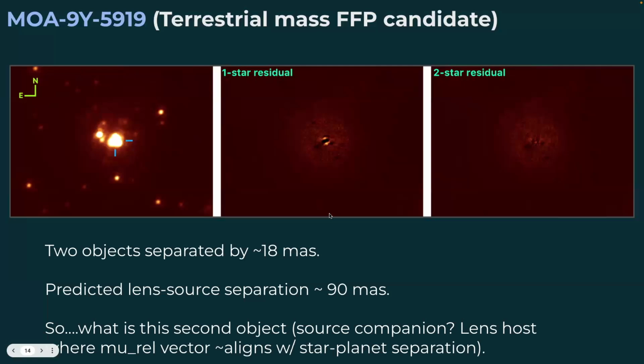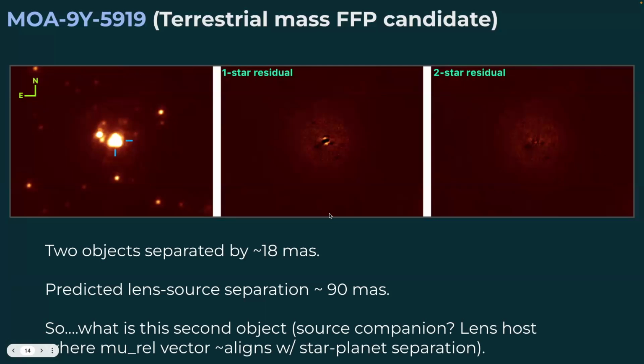So the question is, what is the second object? One of them is the source. What's the second object? There are a few possibilities. It could be a companion to the source. The source could be a binary. It could be the lens host, so a host star for this